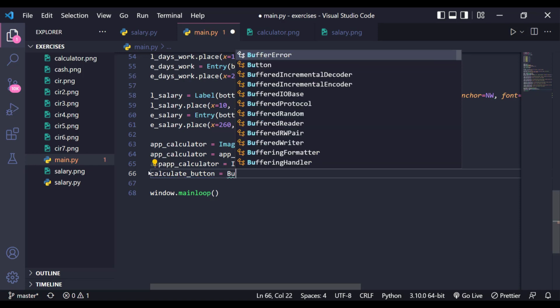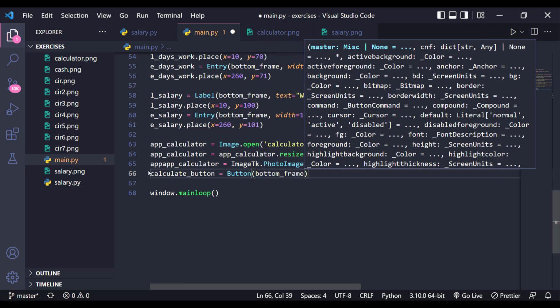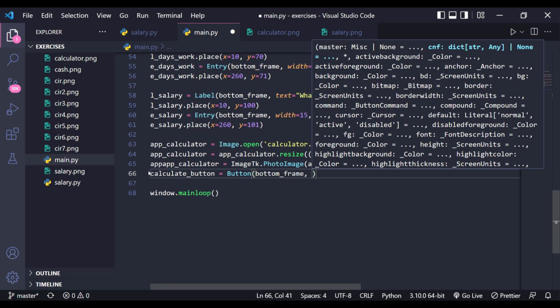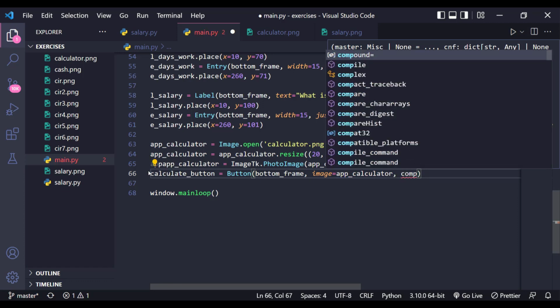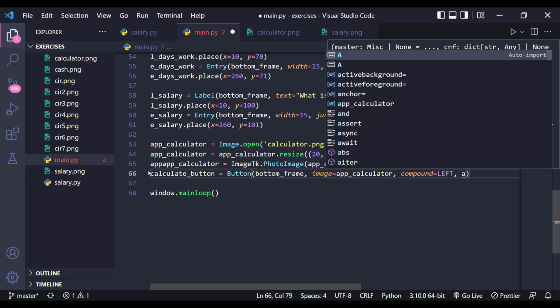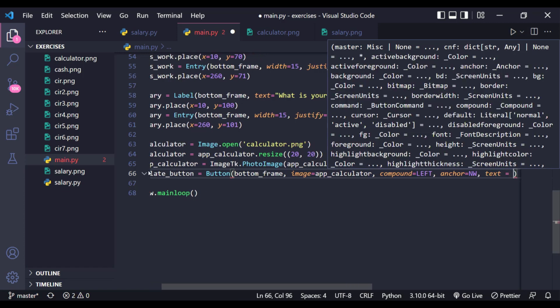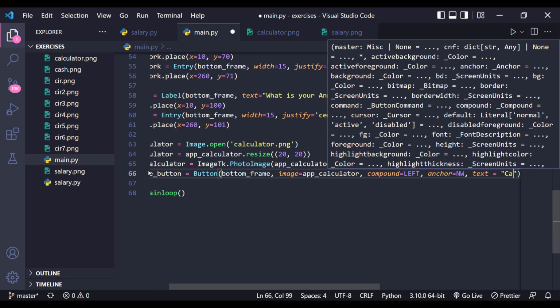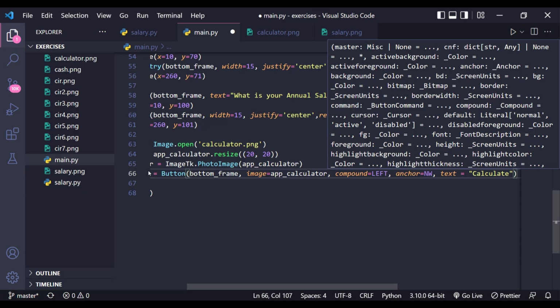We want button, and we'll give in bottom frame and just give image equal to app calculator and compound left, and give anchor northwest, and we'll give text equal to calculate,